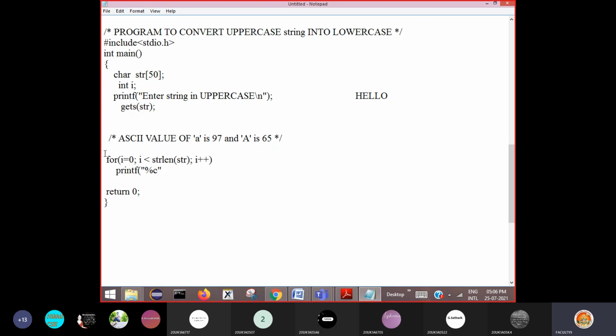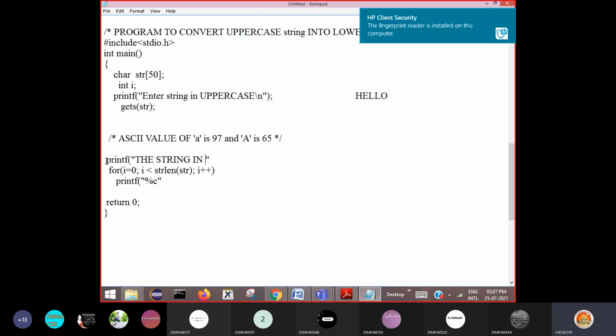I'm just printing here. Before this for loop I can print a message here. printf the string in lowercase.